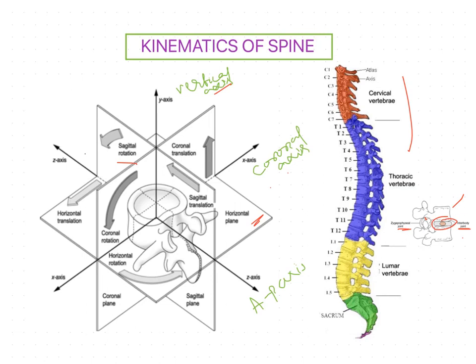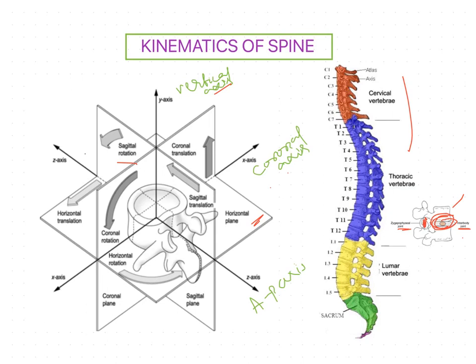The motions at the interbody and zygapophyseal joints are interdependent. The amount of motion available is determined primarily by the size of the disc, whereas the direction of the motion is determined primarily by the orientation of the facets, whether the facets are facing the sagittal plane or the frontal plane.